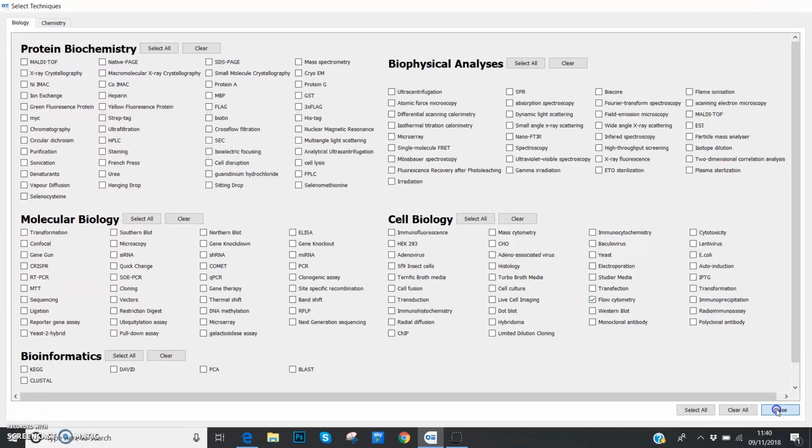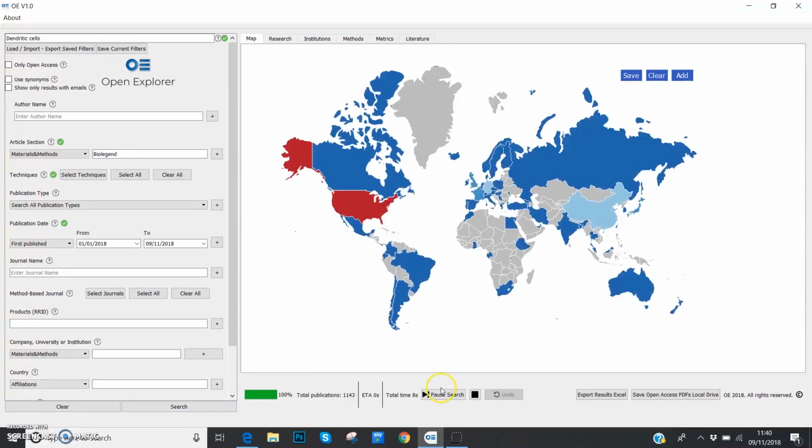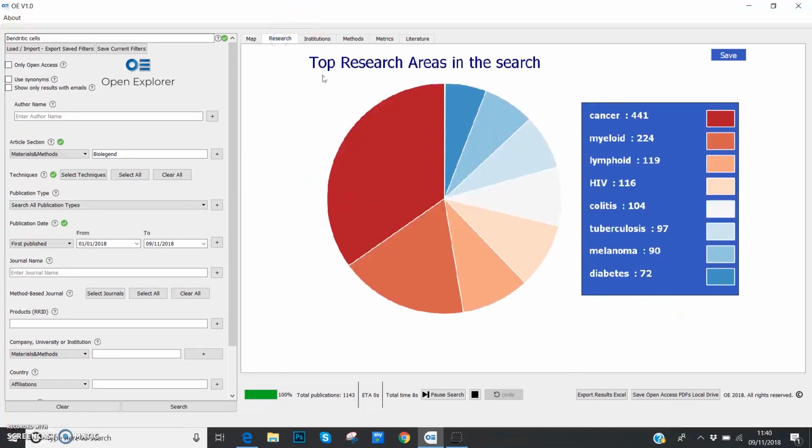And if we restrict our search to quite recently, to limit the amount of hits that we receive, and we press search. So this searches over 40 million research articles and so on. As you can see here, publications, it's identified 1100. Over here what we have is what's called our live maps. So if you put your finger over there, it gives you the authors and the affiliations by demographics. It also stratifies by the areas of research, so cancer being the top,